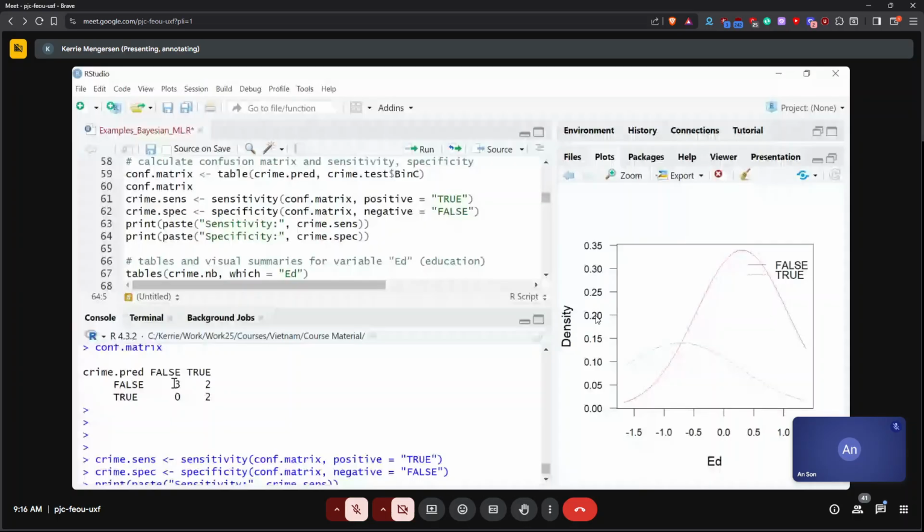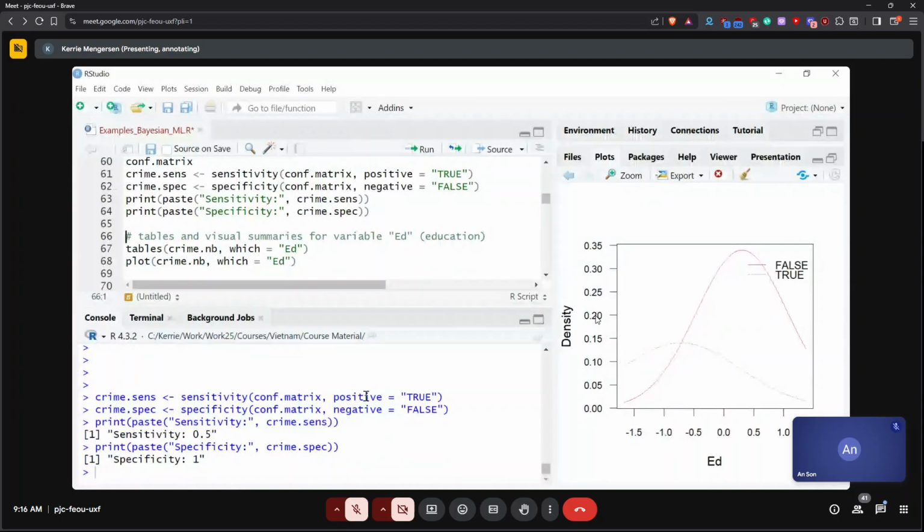And the specificity is the probability of predicting it to be false when it's truly false. You can see here I've predicted 3 to be false when it's truly false, and I've got it wrong 0 times. So that probability should be 3 out of 3, and it should be 1. So let's have a look. And the specificity here is 1. So this is a way of telling me how good are my predictions based on this classification. This is a small example, but you can obviously scale it up.